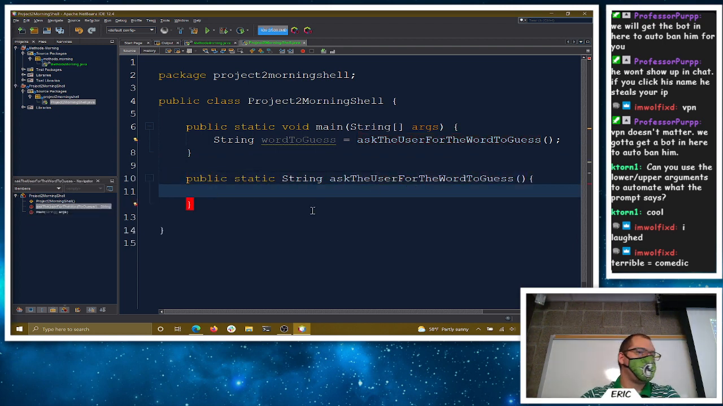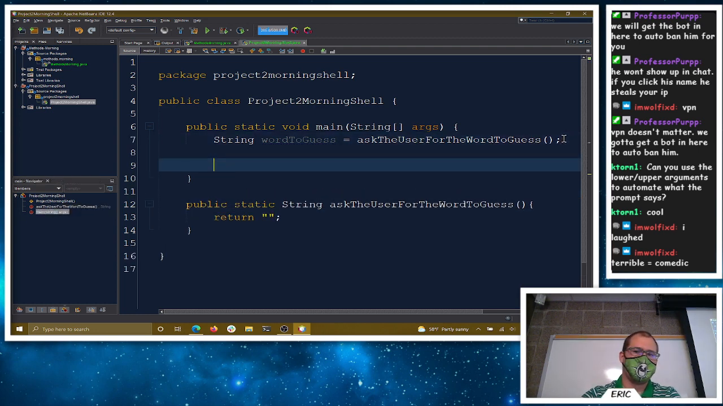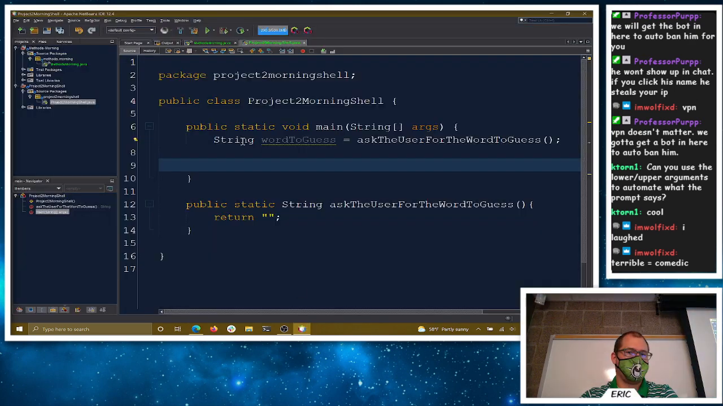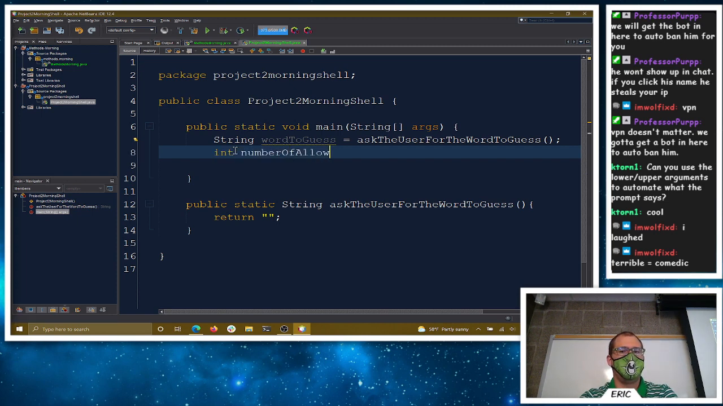Now it's going to stay red unless I give it something. So for now, I'm just going to return an empty string, just so that the red goes away, so it makes me happier. Obviously real stuff has to go in here. But okay, now we have a word to guess. Cool. We're going to ask them for the allowed number of incorrect guesses. Okay, sure. So we'll have an int for number of allowed incorrect guesses